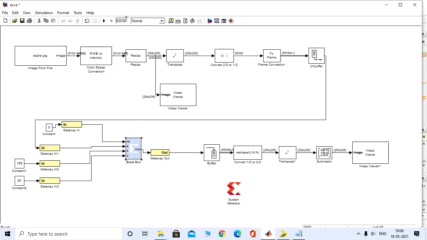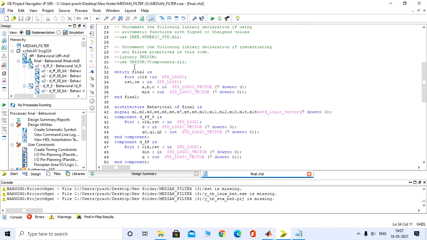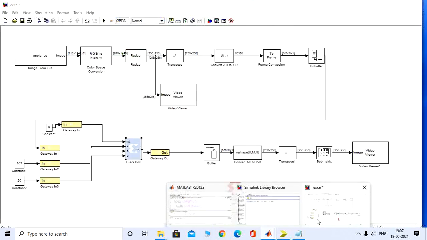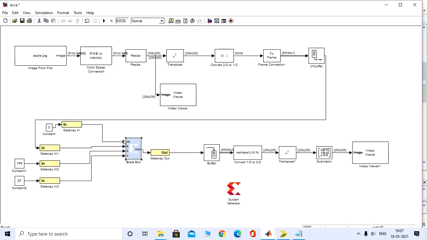Okay, there is another change here. Simulation stop time, you need to write 65536 as we have that many pixels. Now I told you to mention your CE, that is clock enable. Why? Because we cannot give an external clock here.